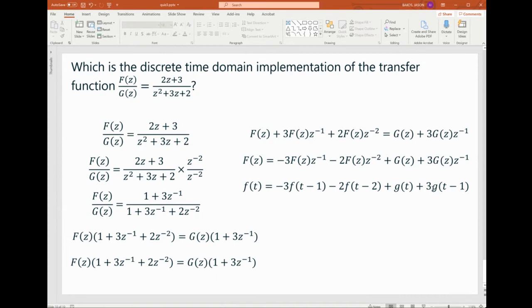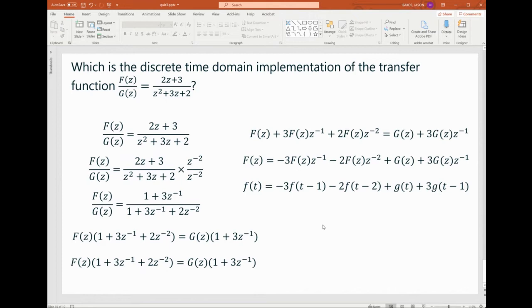Now you might have been a little confused when I mentioned that last time, because I didn't actually show you how you would do it in software. But the idea is that you would write a loop in software that would keep track of the last several samples. And by samples, I mean both the input and the output samples. So F is the output and G is the input. When we convert this to code, or even into this time domain representation of the discrete transfer function,